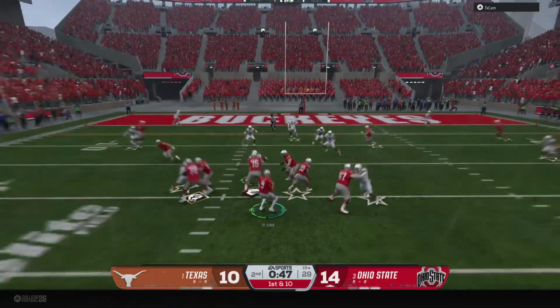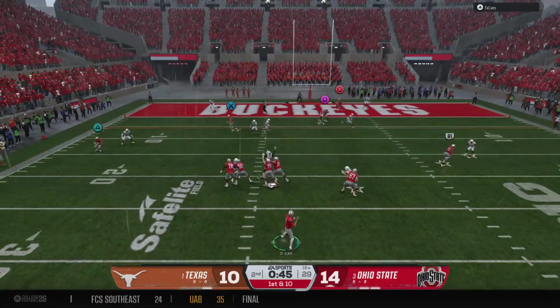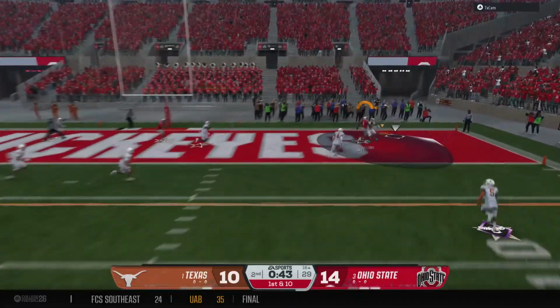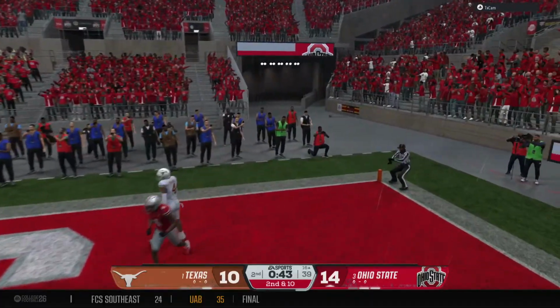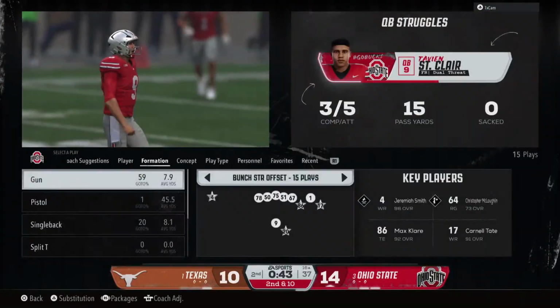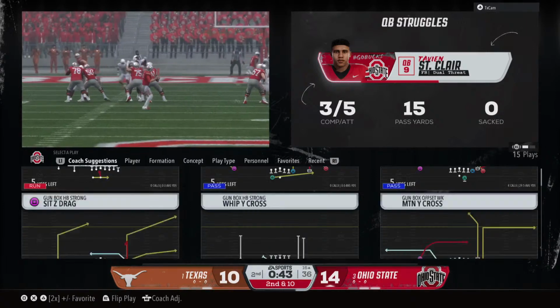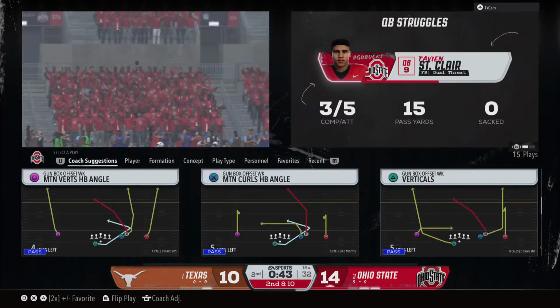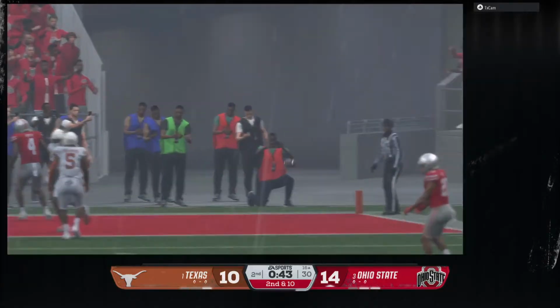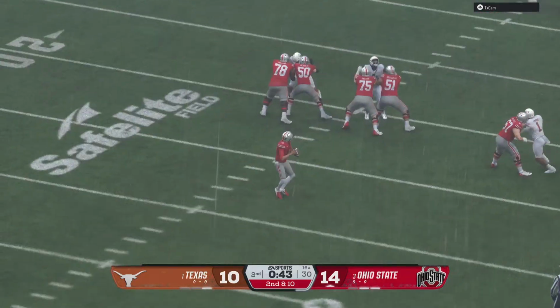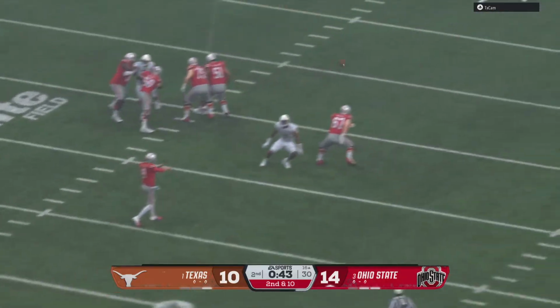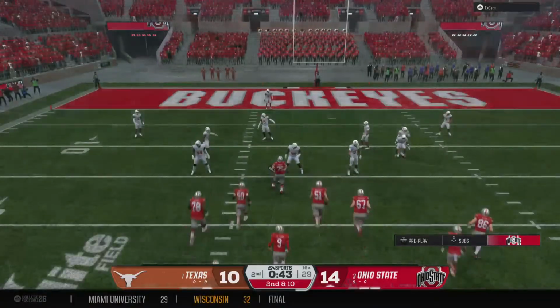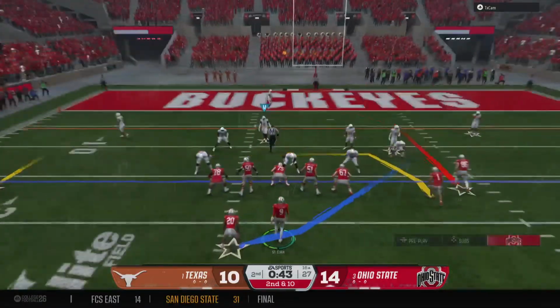Off the play fake, looking to throw. Launching one to the end zone. Throws it too far over everyone's head and incomplete. You know, I like the quarterback's patience here. Instead of trying to force the issue and squeeze the ball into coverage, he just basically throws it away and lives for the next down. Becoming a long drive, the 9th play coming up.